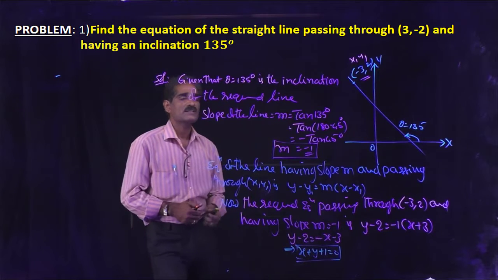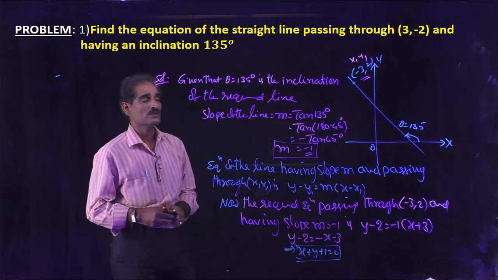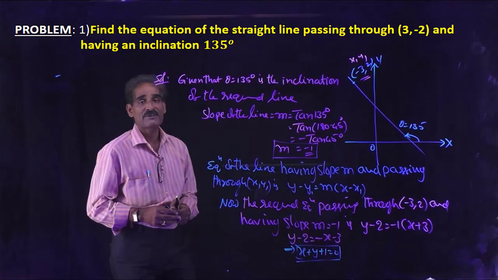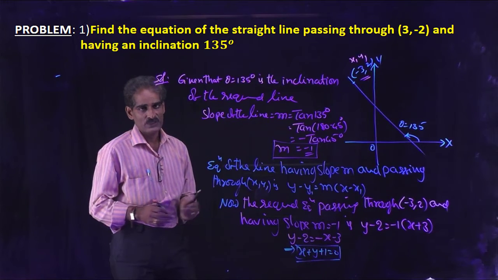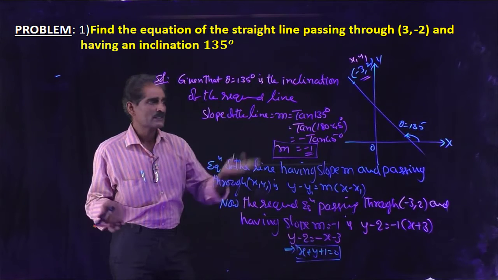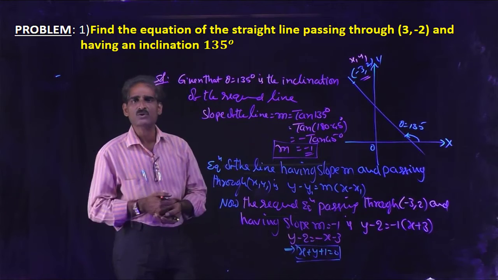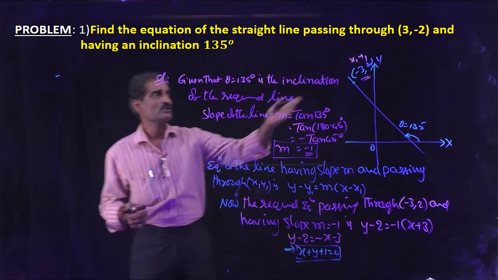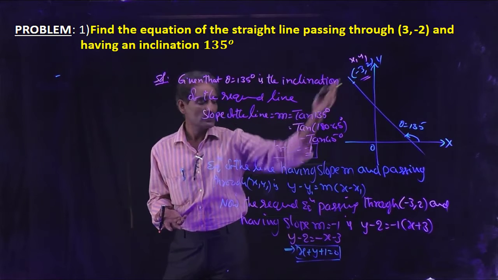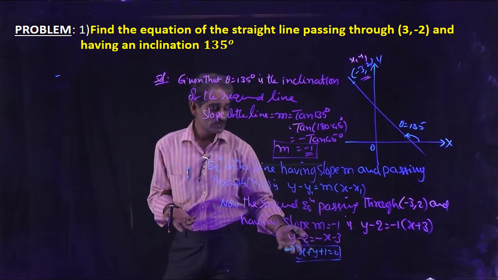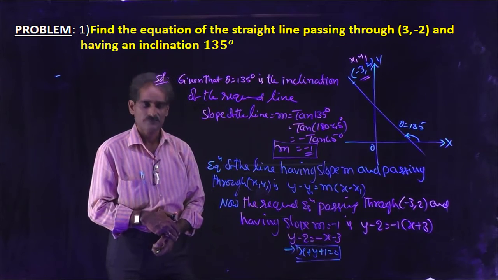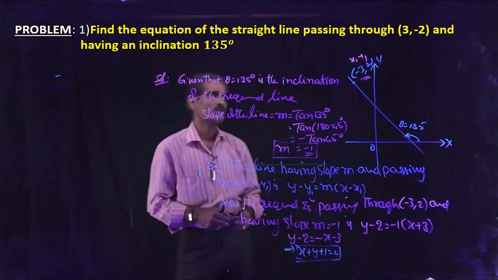This is the equation of the line which is passing through the point minus 3 comma 2 and having inclination 135. If you know the inclination, you can find the slope by using tan. Here 135 is the inclination, tan 135 is the slope, that is minus 1, and it passes through the point minus 3 comma 2, that means x1, y1 is minus 3 comma 2, slope m is minus 1. So this is the way to find the equation of the line. Understand? Right. So see one more example.